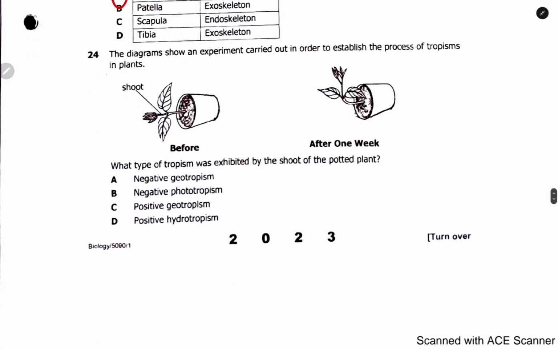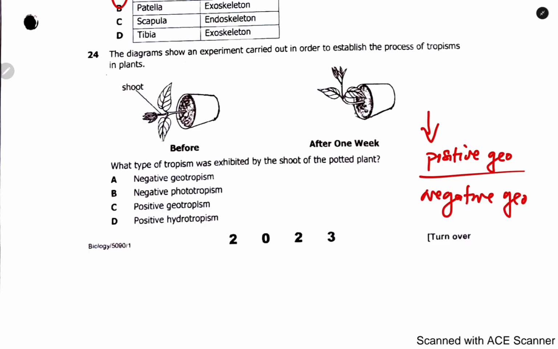Up to question 24. The diagram below shows an experiment carried out in order to establish the process of tropism in plants. Okay, so as you can see, the first one, this is the first part, that is before the plant was oriented in this way, but after some time this started growing upward. Now going downward, you know that going downward here is positive geotropism. Geo, earth, going toward the earth, but if it is going away, it is negative